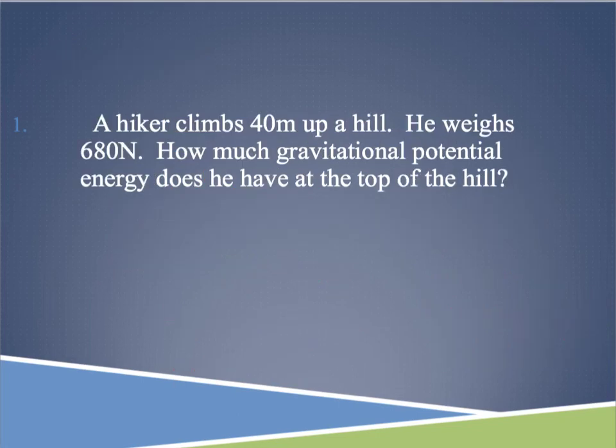A hiker climbs up 40 meters up a hill, and he weighs 680 newtons. So I've got my height, I've got my weight. This is a really easy one to plug in. We want to know his gravitational potential energy at the top of the hill. So if he were to fall down the hill, then here's how much energy would be turned into kinetic energy. We've got weight is 680. My height is 40. Plug that into my phone. And that gives me